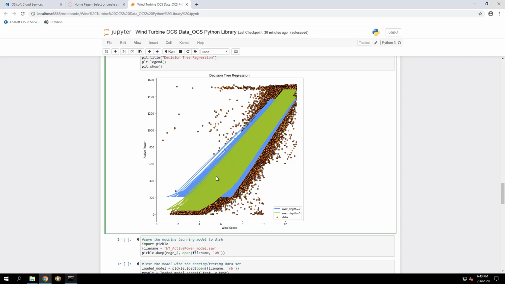And the blue lines are the results of the predictions based on the decision tree regressor model with the depth of 2. So you can see the green lines cover a lot more data ground than the blue lines. We can deduce from that that the decision tree regressor with a depth of 5 fits the model almost perfectly. You can see it's almost covering all the data. So going forward, we're going to use that model, which was the second model, regression 2.